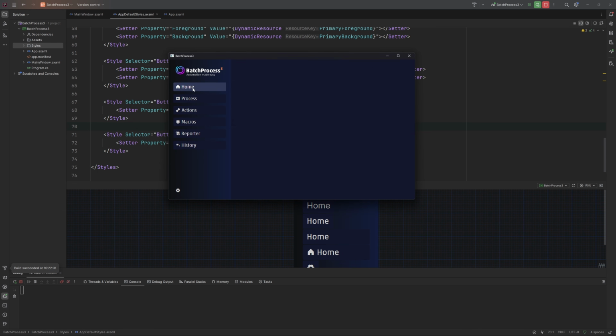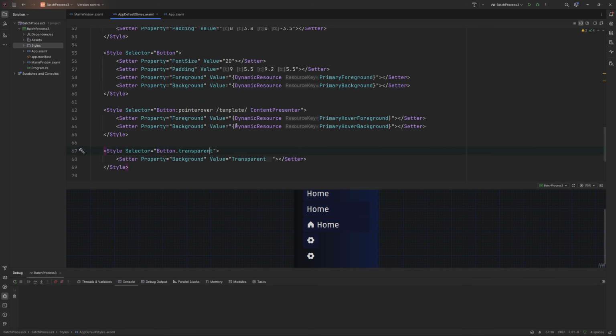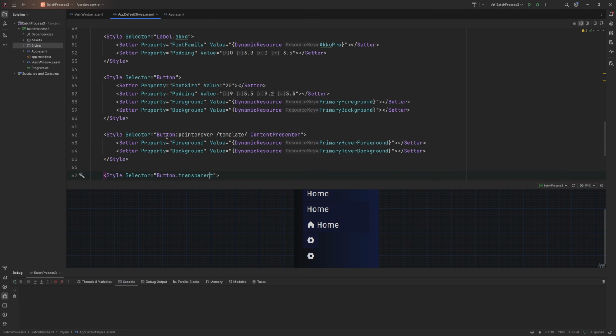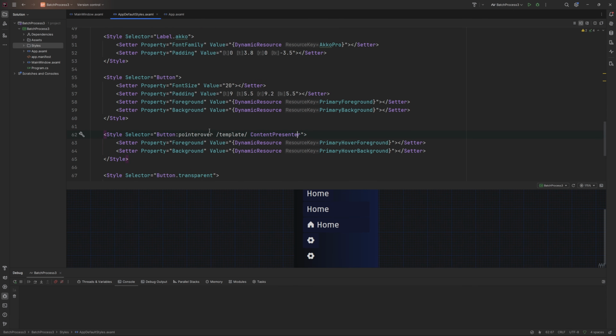For that, I think we just want to grow the text slightly and fade in the background color. So let's do the scale first. And what we want to do when we are scaling is we want to adjust a render transform. So whenever you're doing an animation, you want to make sure there's a default value first. And in this case, we need to make sure there's a render transform as a default scale of 1. So when it comes to animate, it's got a starting position to animate from. We will want that on the content presenter of the button because that's what we're going to be styling and